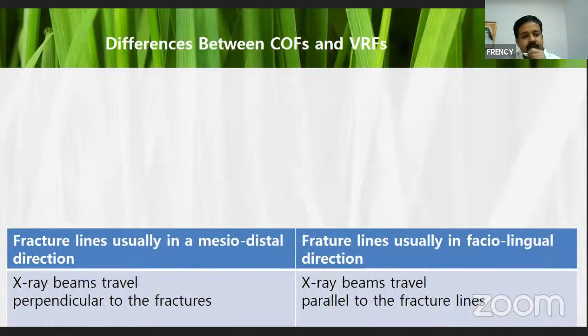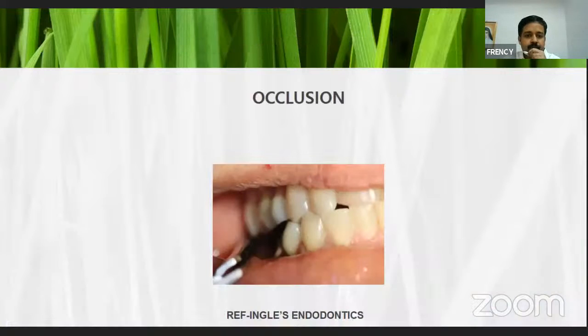Because crown originating fracture lines usually run in a mesiodistal direction, the X-ray beam travels perpendicular to the fracture, so it is difficult to see on the X-ray. But in vertical root fractures, fracture lines usually run in a faciolingual direction, so the X-ray beam travels parallel to the fracture lines. Then you have to check the occlusion and whether there are any high points in the